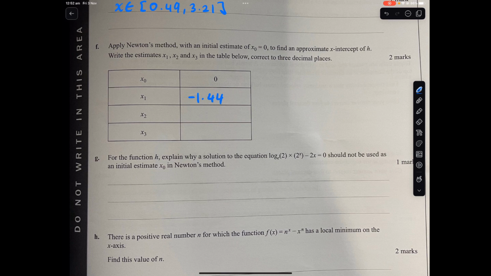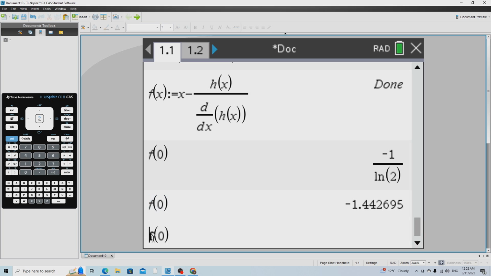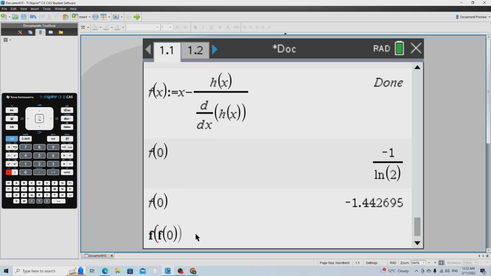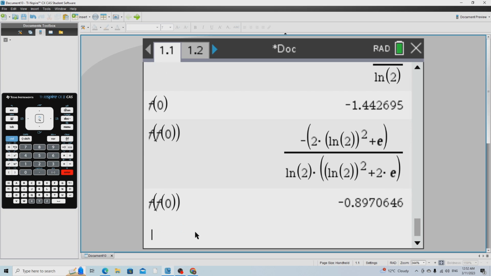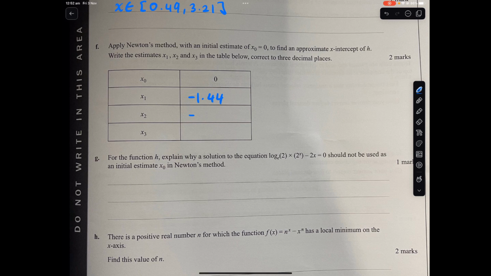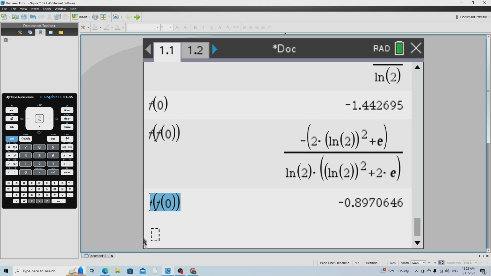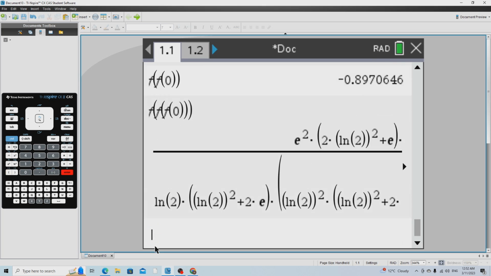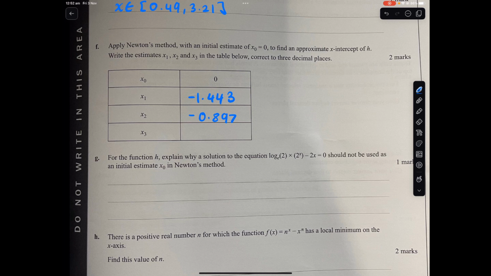1.44. The next one, if we want x2, we're going to bring this again. Now we're going to have 2 f's. Control enter, we get this new value. So let's write that down. Negative 0. Actually, to 3 decimal places. I didn't write the other one to 3 places, it's supposed to be 3 here. 897. Yes. The next one is another f over here, and that's going to be negative